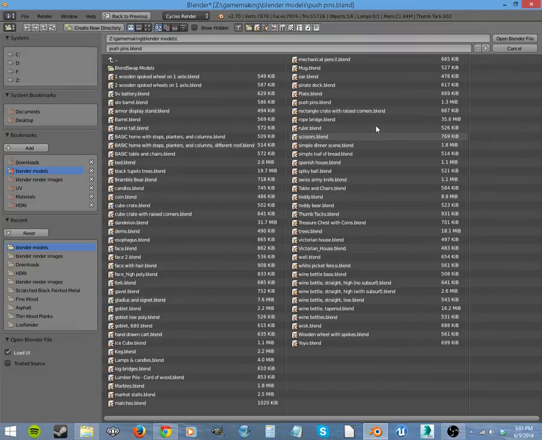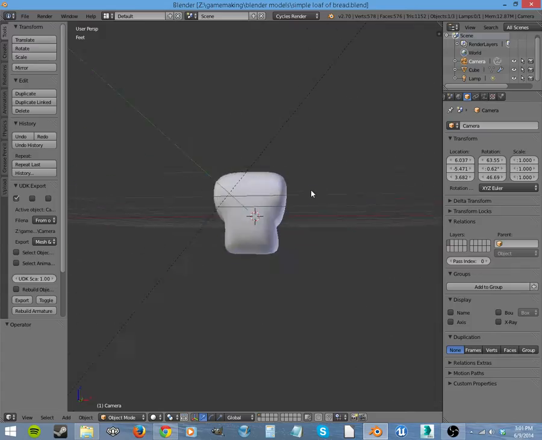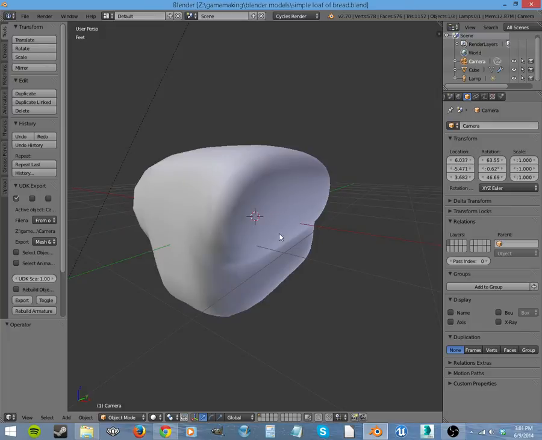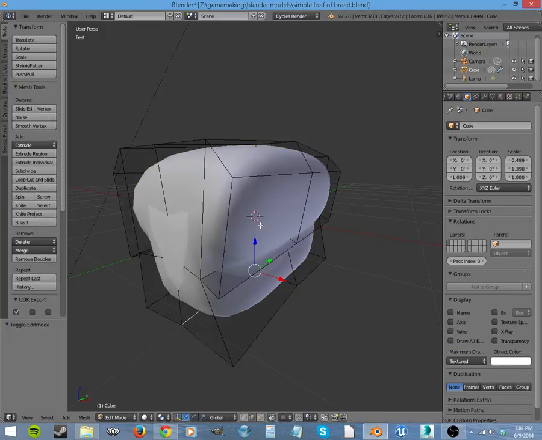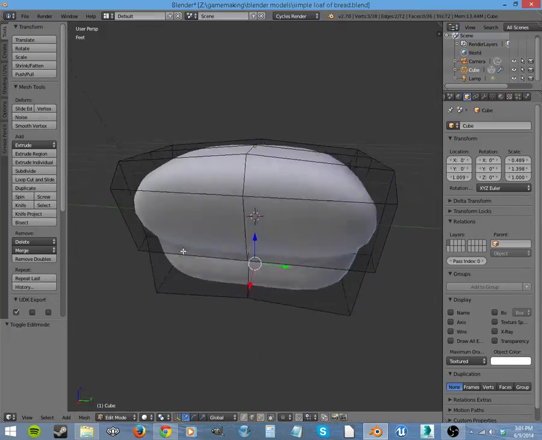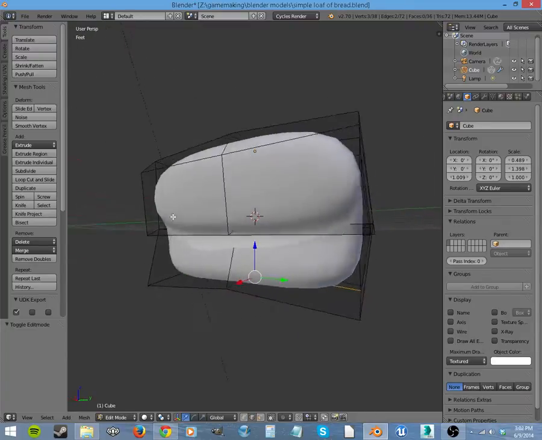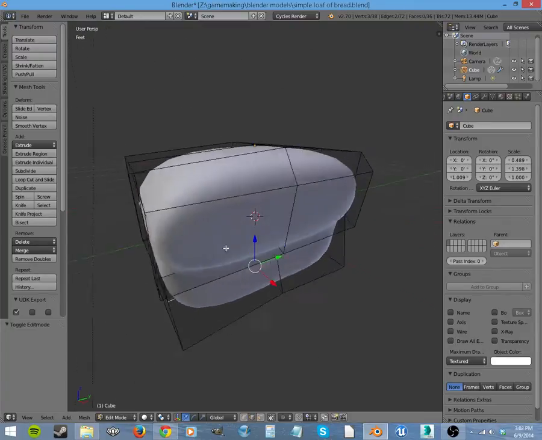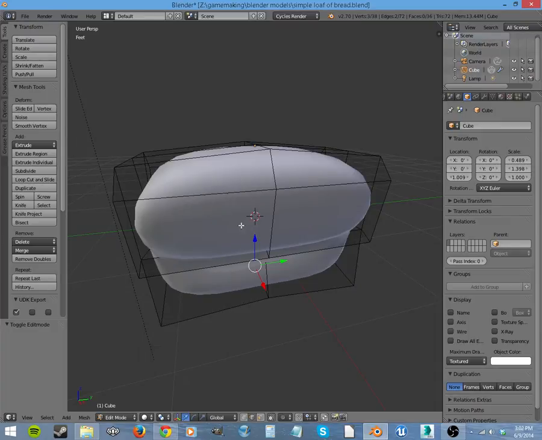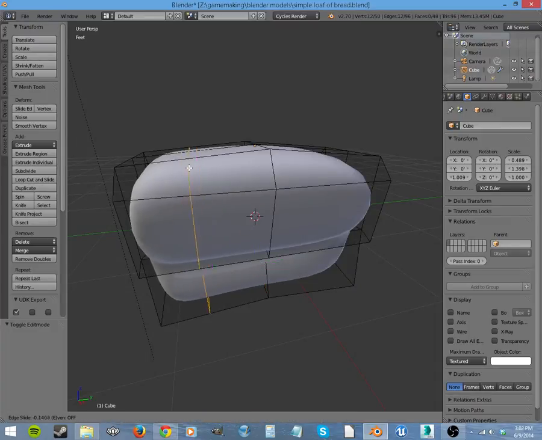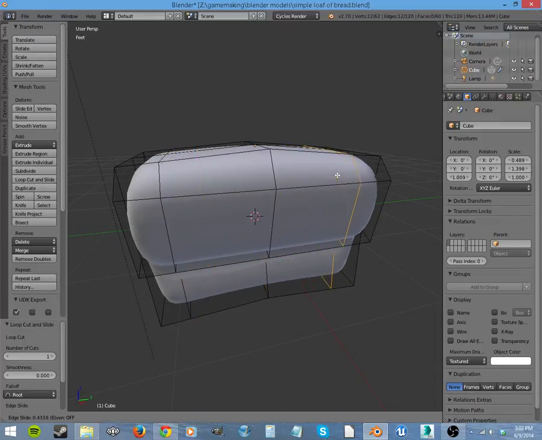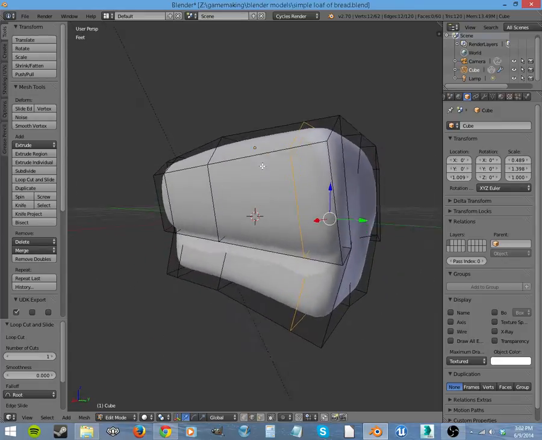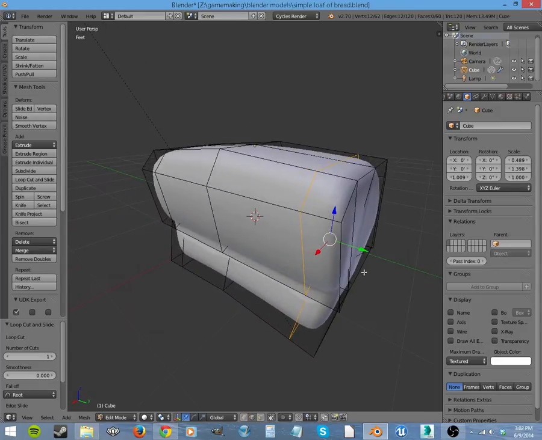Let's see if I can find something that I did a long time ago that has bad topology. Yeah, this was like one of the first things that I actually made in Blender. I was just playing with the Subdivision Surface. You know what? It's not going to have, because I did the Subdivision Surface. Okay, I didn't apply it. Hey, we can improve this. I've never come back to this. Just add some edge loops in there, just smush it to the sides, and we can